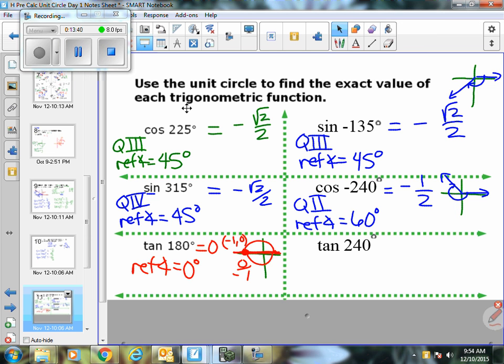All right, next one, tangent of 240. So what's your reference angle? So reference angle for this one would be 60 degrees, kind of going the other order here. And what quadrant are you in if you're at 240? 240 would be quadrant 3. All right, so what do we know about tangent answers in quadrant 3? Well, if both x and y are negative, that means tangent's positive. And then we need tangent of